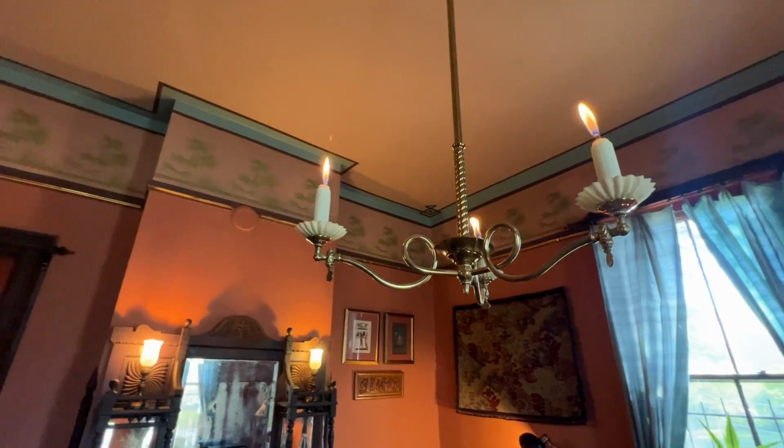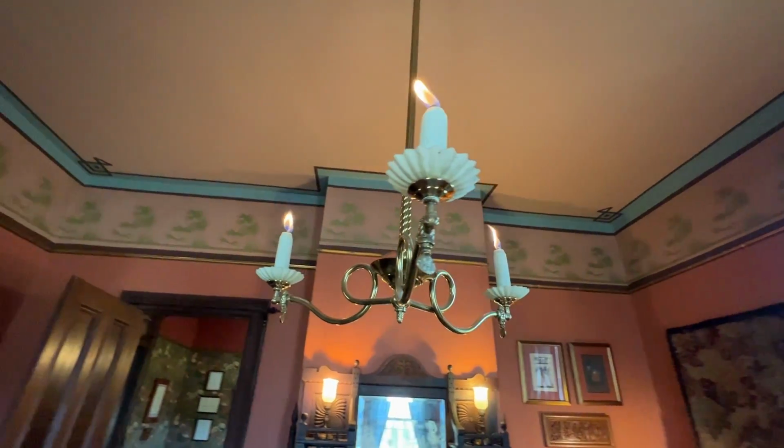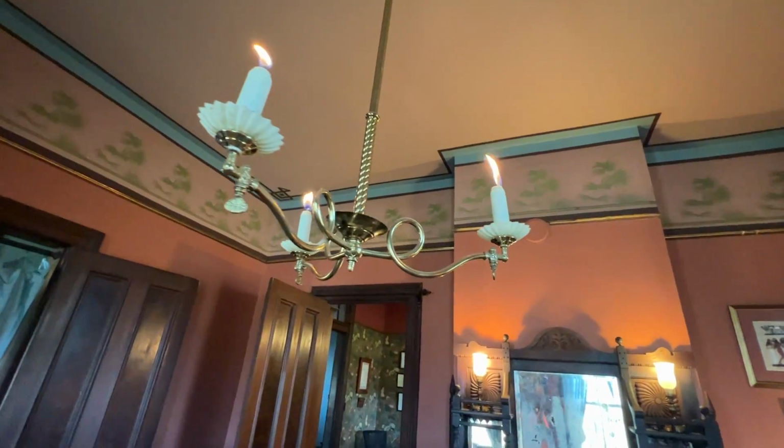Here we are in the family parlor. I'm standing underneath the second functioning original gasolier. Those two things alone should be enough to make you want to buy this house. But if they're not, let me show you some other things in this family or informal parlor that will make you fall in love. First of all, I have to note that all of the wood downstairs, with the exception